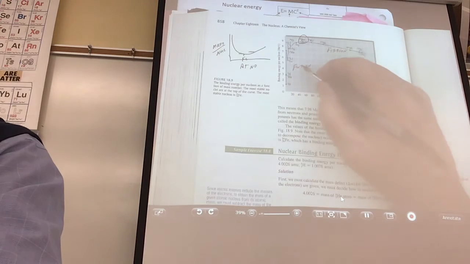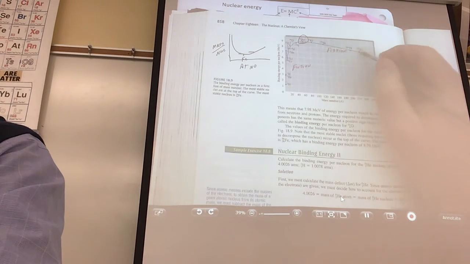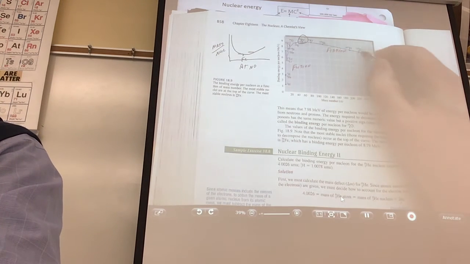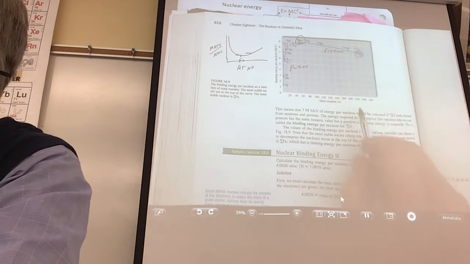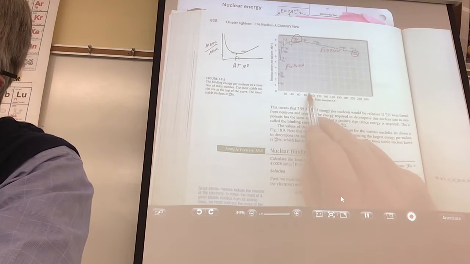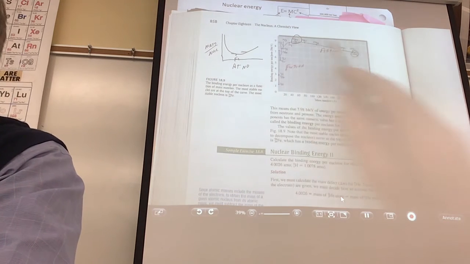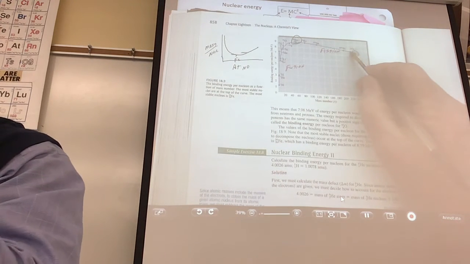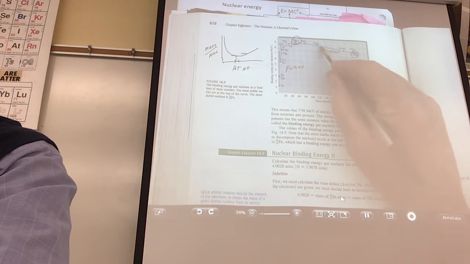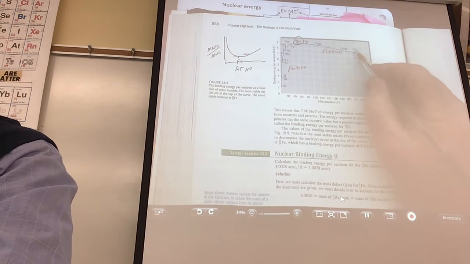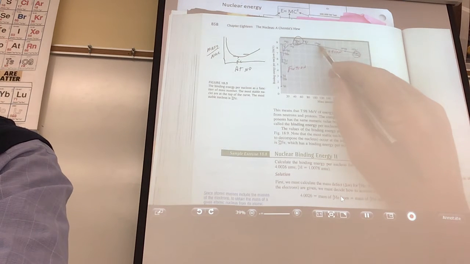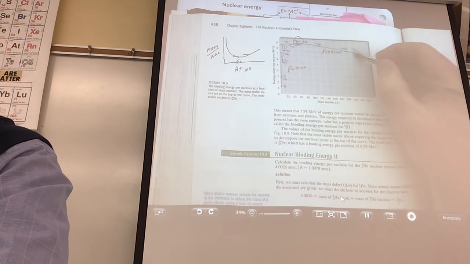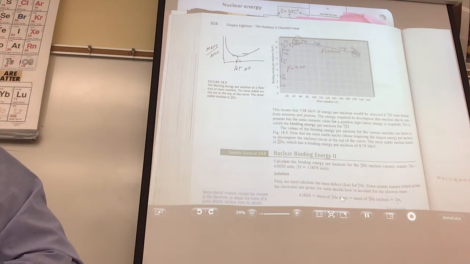Here's what happens. Let's look at fission, right? Here's a U-235. If you were to split it and turn it into an element that was not as big, see these? Then what would happen? The binding energy would increase. The amount of binding energy here is here, and if you split it, it comes here. So the difference here would be how much energy might be given off in a nuclear reaction.